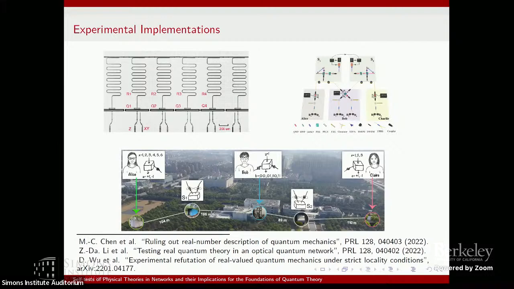So I'm aware of 3 actually. The first one came out very shortly after our result. This is with superconducting qubits, and in this case everything is on one chip essentially. So in this case, it's not so clear that this independent sources assumption has been implemented yet.